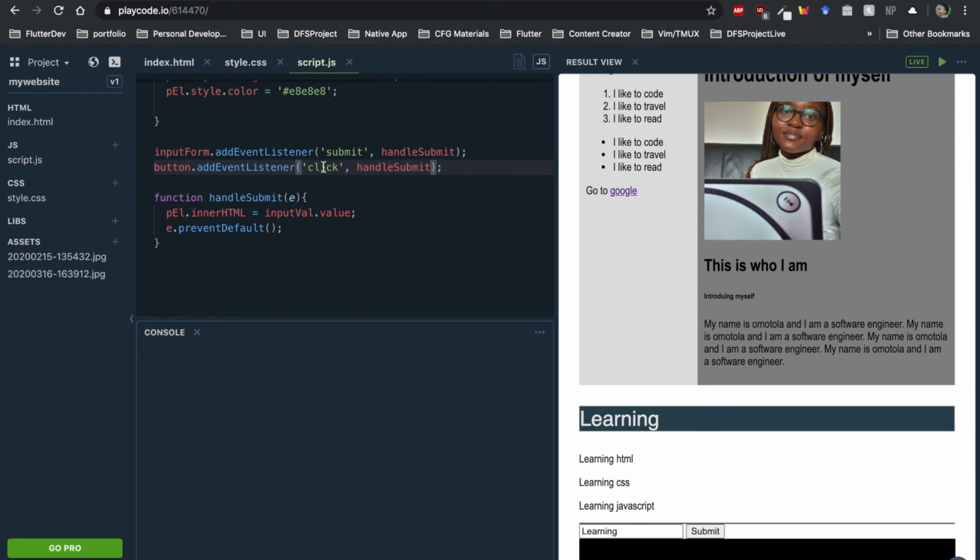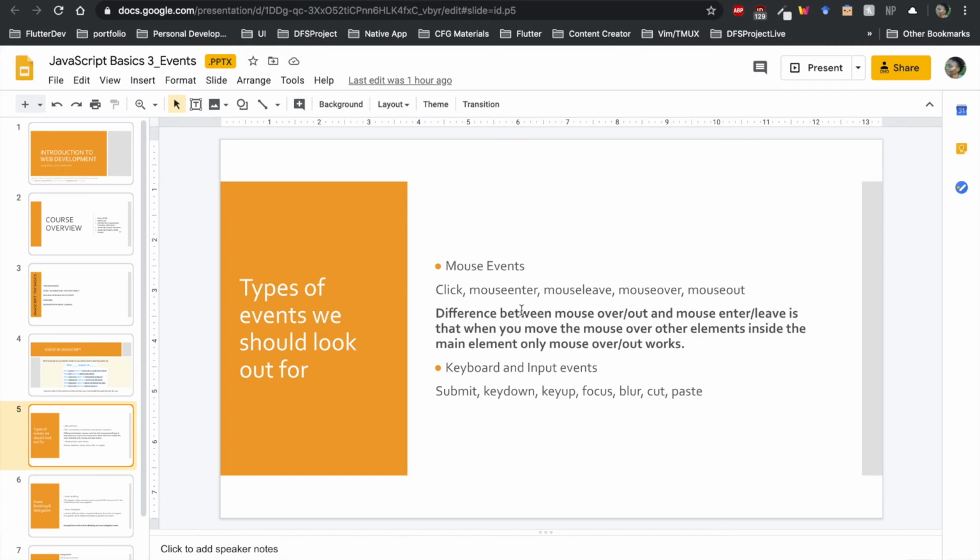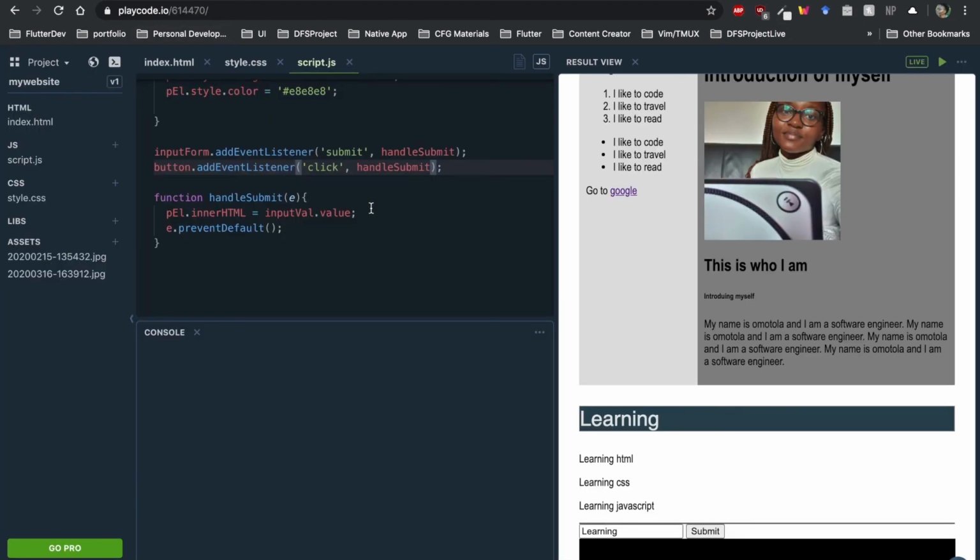And so this is just when you have a form, you can use submit, but if you don't have a form, you have to use the click event listener. So which other ones did we have? We had key down, key up. So let's look at that. For key down and key up, we are looking at the input form itself. So this is where we're going to go and say